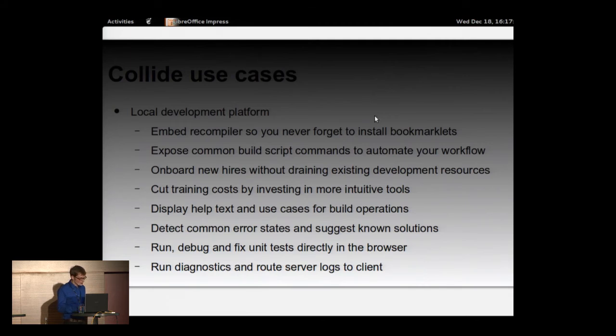That's the big one. The detection of common error states and suggesting known solutions comes with weeks to months to years of experience, to know, oh, I got this error message, I better do this to fix it. Once you can automate that process, you don't have to pay that learning curve for everybody. So